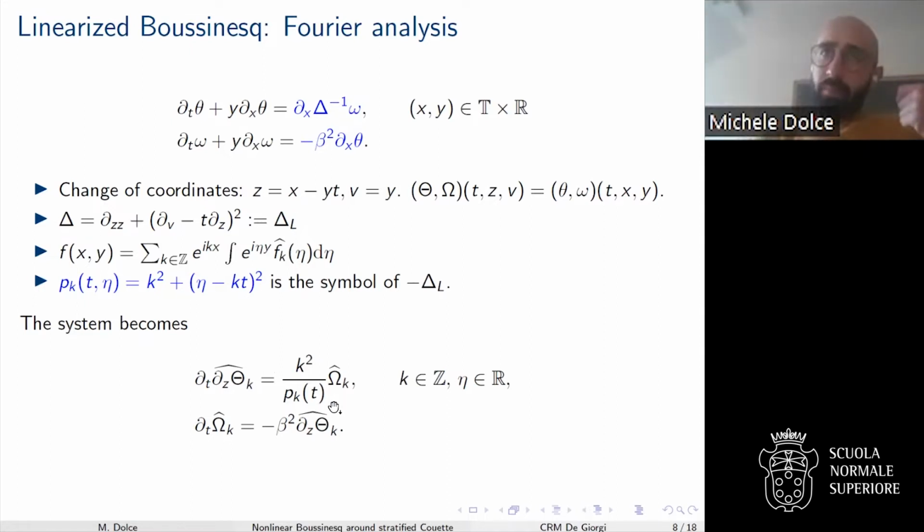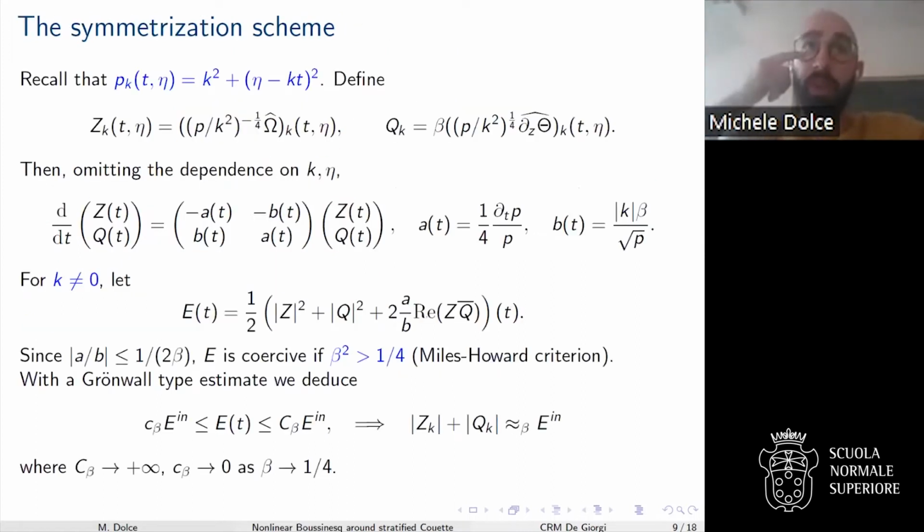Now, here comes one of the main ideas that I want to show you today, what we call the symmetrization scheme. That is, try to weight your vorticity and density perturbation with some Fourier multiplier in order to symmetrize the system. What do I mean by this? Rewrite the system in this form. And what are the features of this formulation? Well, the trace of this matrix is 0, as in the previous case, of course. But now notice that the anti-diagonal terms have opposite sign, but the leading order term is exactly the same. They are opposite in sign, but the modulus is the same.